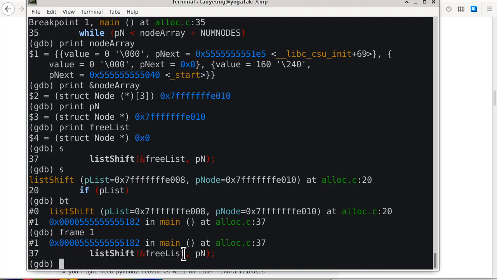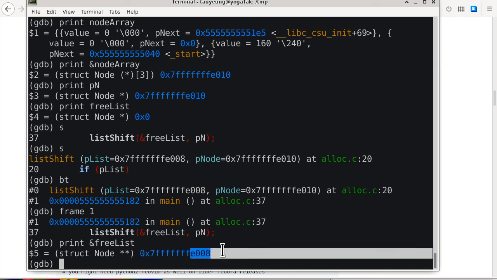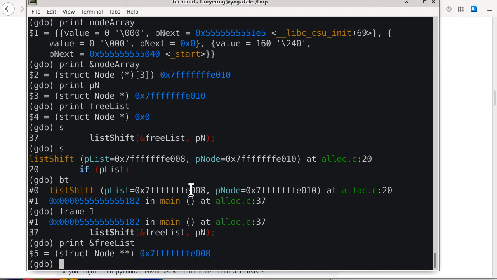1. So the context of GDB is now back to main, in which case I can now say, tell me where is list, what is the name of that variable again? Free list. There we go. So tell me where is free list from the perspective of main. And we can now see the address of the pointer free list ends with E008, and the first parameter into list shift is exactly the same